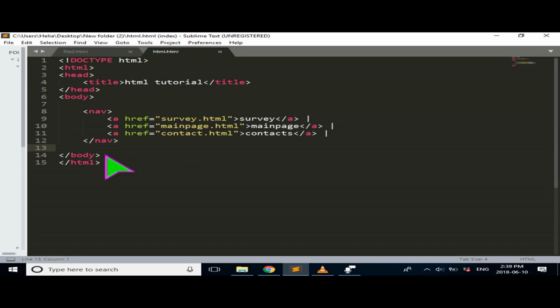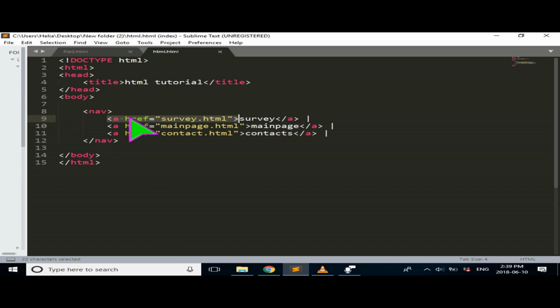So aside from the other tutorial that I have on how to make a navigation bar, which is more professional and looks better since we're making it with CSS and an unordered list, there is another very straightforward way to make a navigation bar, and it's very easy with HTML. It's just to use the navigation tag. So you have an opening and closing of your navigation tag,